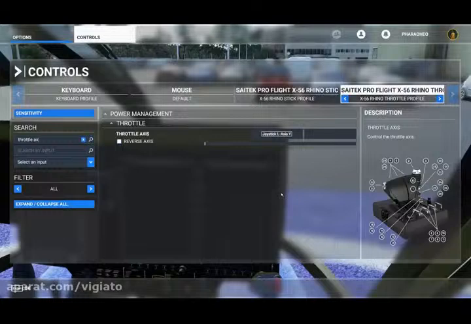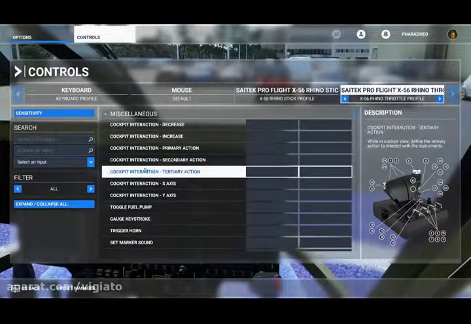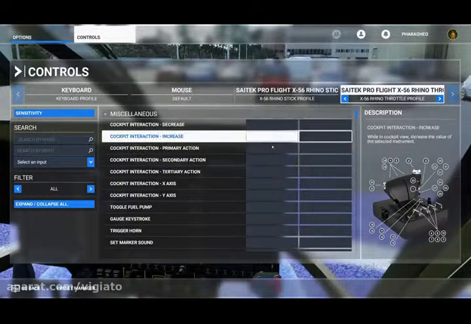So you can control your other airplanes without having to make too many modifications in the actual control menu. I personally own a ton of add-on aircraft, and I can say that I haven't really had to change many of my settings whatsoever. But if you do find yourself in a situation where you need to change something specifically just so that it